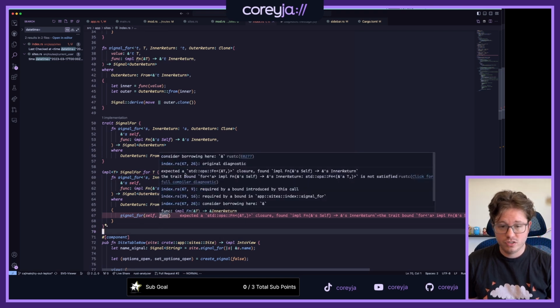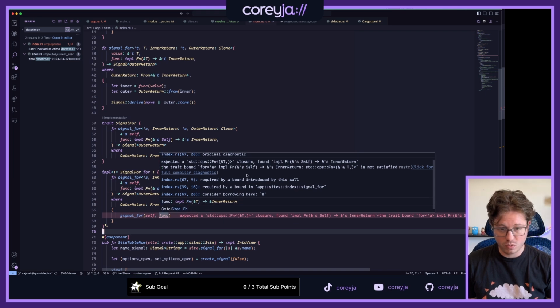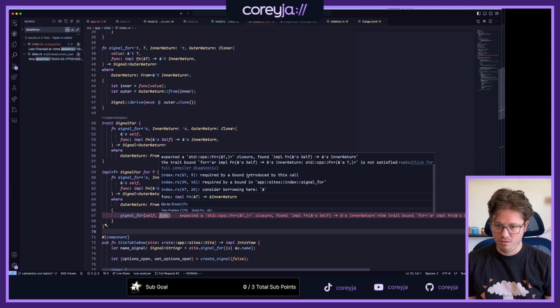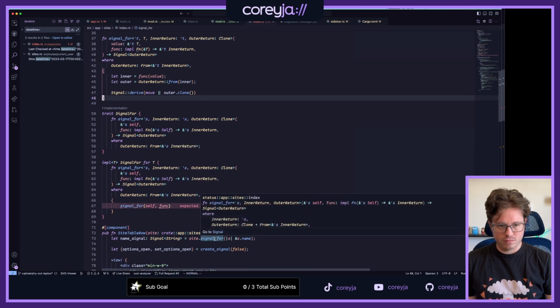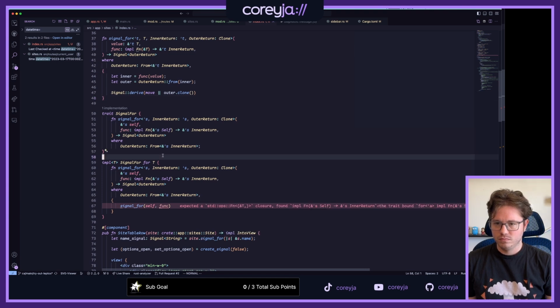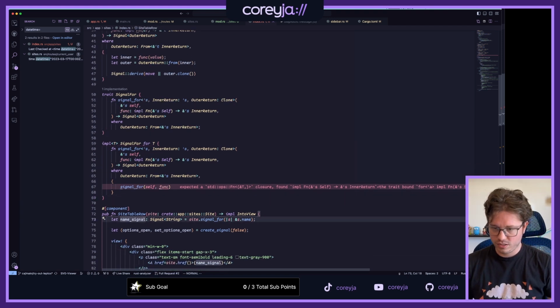Expected a function reference closure, found. The trait is not satisfied. Consider required by bound. Consider borrowing here. Well, could I use that version? That's fair.